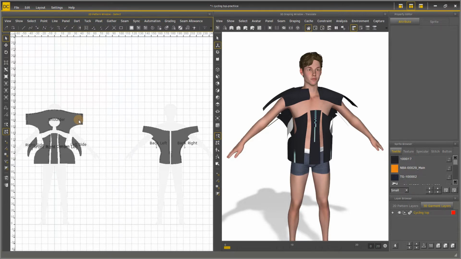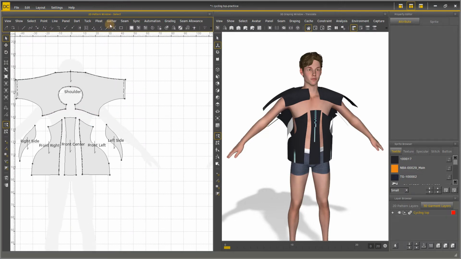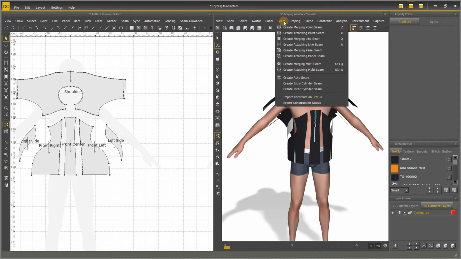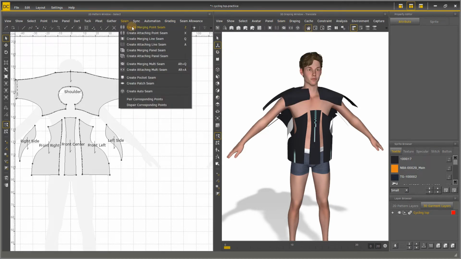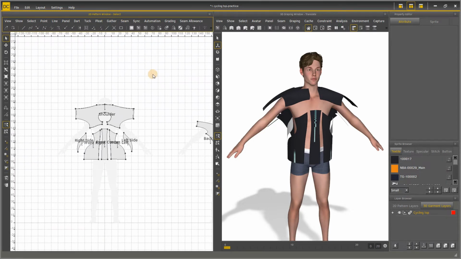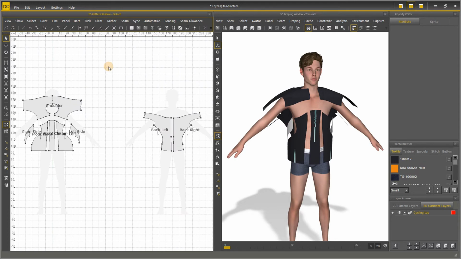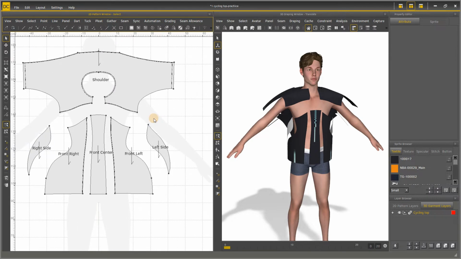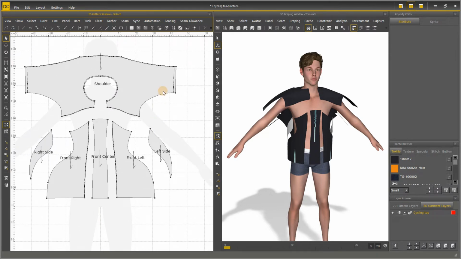If we want to stitch the patterns together, we have to use the Create Seam function in the 2D or 3D menu. There are two kinds of seams in DC Suite, merging seam and attaching seam. Generally, merging seam can be used in most garment constructions, but some garment details will need attaching seam to support. For this cycling top, I will use merging seam to stitch the panels together, and attaching seam will be demonstrated in the next practice file.